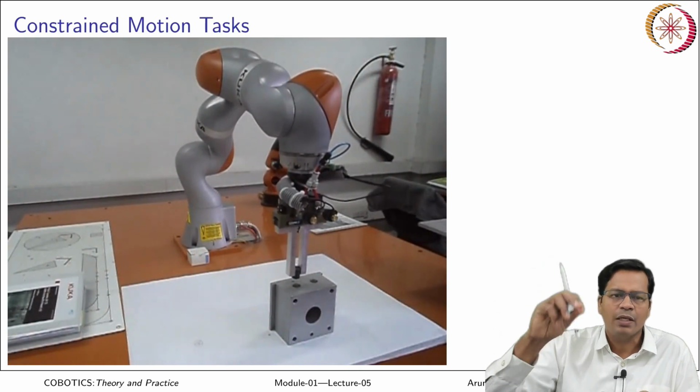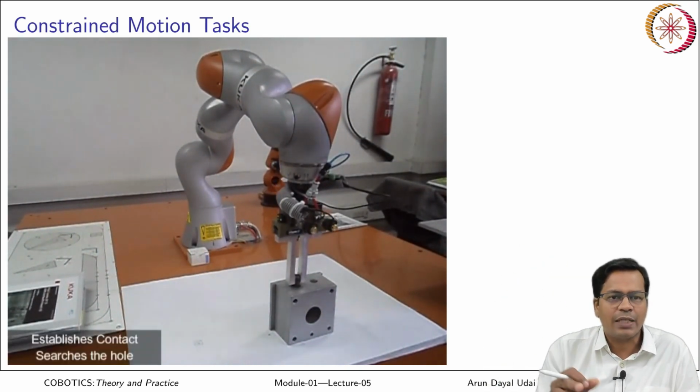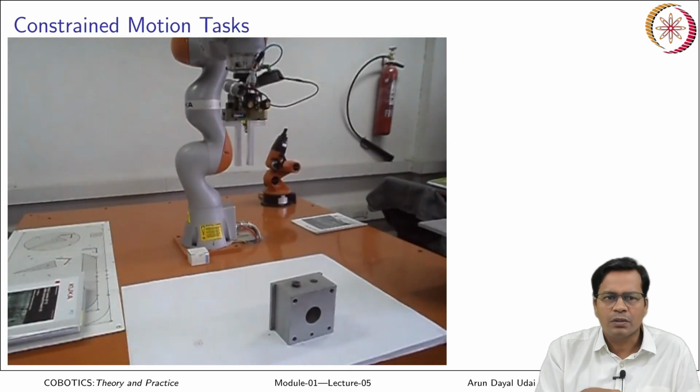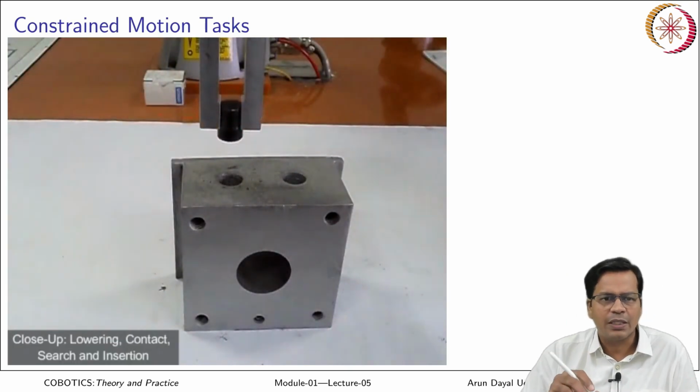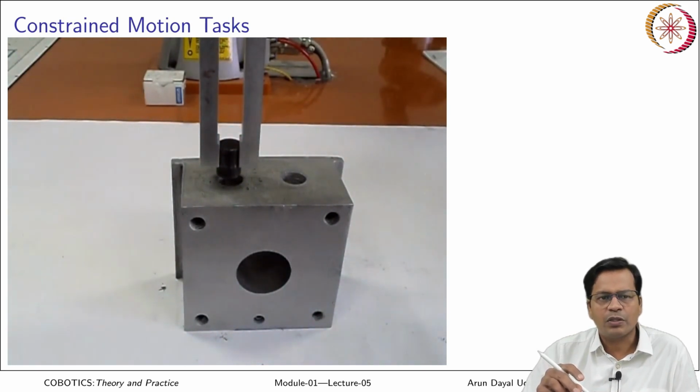Now, it is lowering, but it also monitors the force that is coming in. As soon as it establishes contact, it starts searching the hole, okay, and the pellet is inserted. So, close up of the lowering, contact and the search process. Finally, the insertion process is shown here.